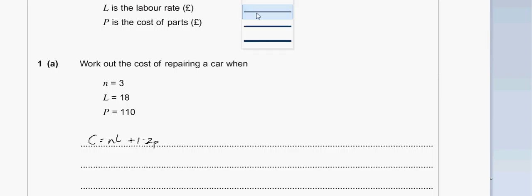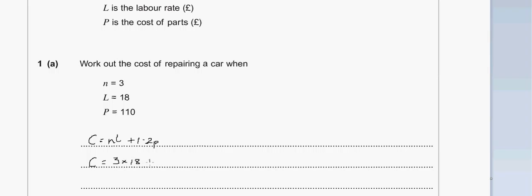So we can say that the cost equals, now N is 3, and NL is N multiplied by L. So L is 18, so that would be 3 multiplied by 18